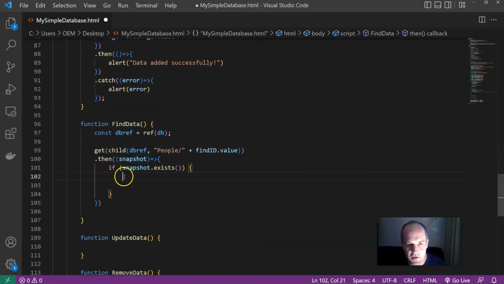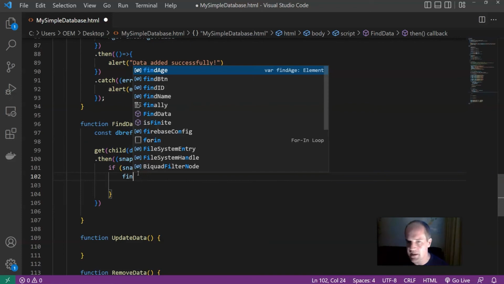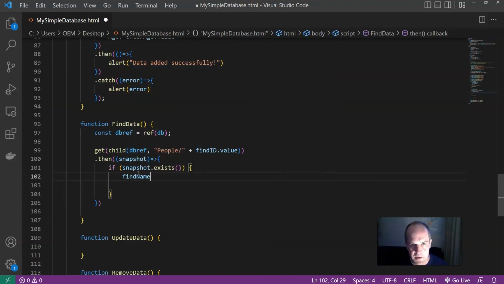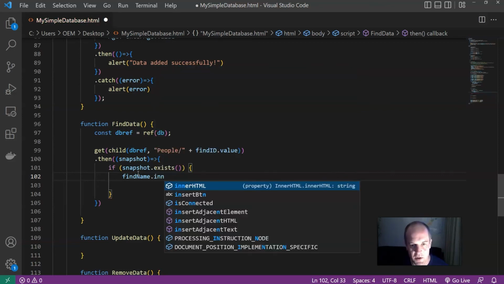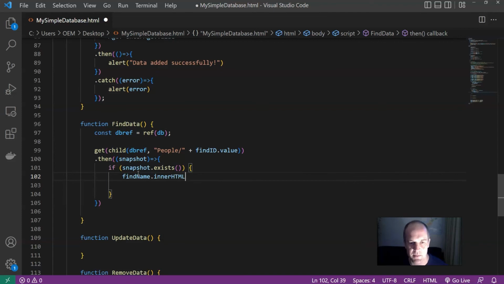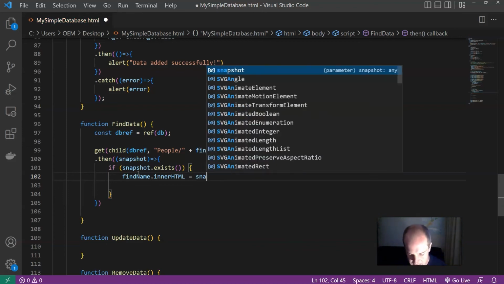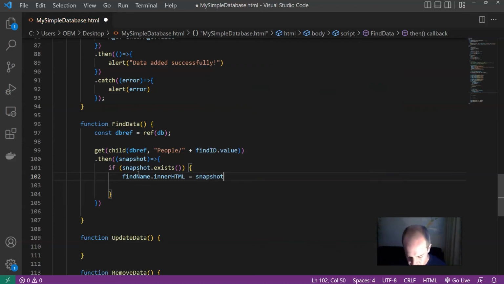So I'm going to grab, firstly, this find name element. That's my empty HTML, but I'm going to inject some HTML in there. So I'm going to use the .innerHTML method. So I'm going to put in the HTML. Well, what am I going to put in? I'm going to put the value of that database snapshot for that particular ID. So I'm going to put in snapshot.val,